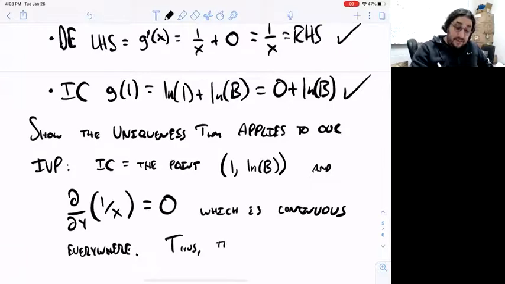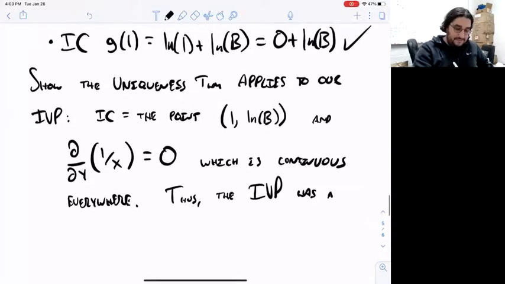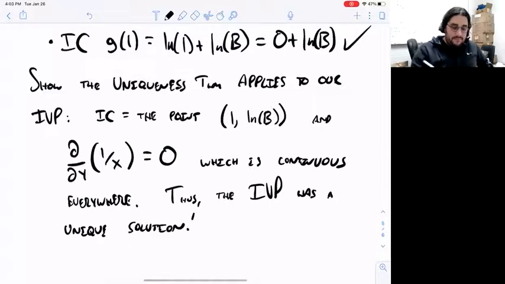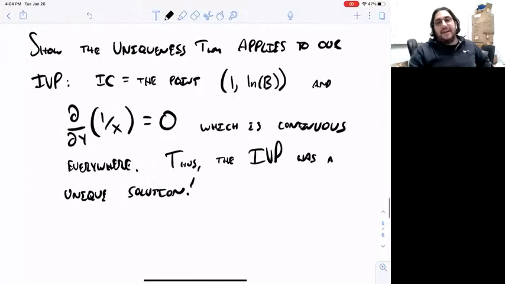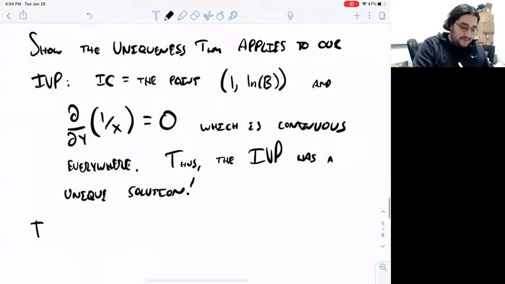Right, so I can say the uniqueness theorem applies, and the IVP has a unique solution. Right. All right, great. Well, what does that mean? F is a solution of that IVP, G is a solution of that IVP, but it has a unique solution, therefore F equals G. It must have just been two different symbols that actually corresponded to the same function, because otherwise we would have contradicted the uniqueness theorem and found two different solutions, right? So thus, F of x equals G of x,